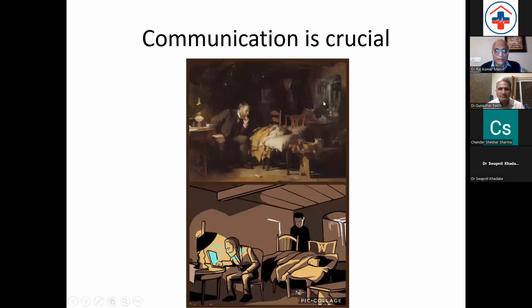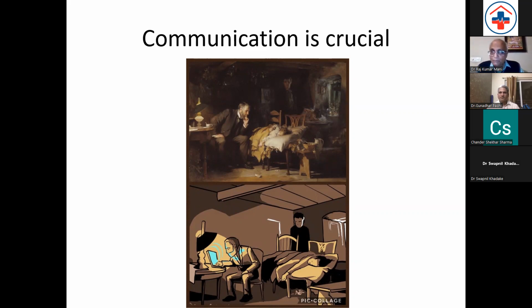So this is an English painter. You can see how the doctor is sitting, leaning forward. Now, there's a body language of caring. And then cut to modern times. The doctor is facing the computer, facing away from the patient. So you see, humanization of medicine begins here in communication, verbal and non-verbal,